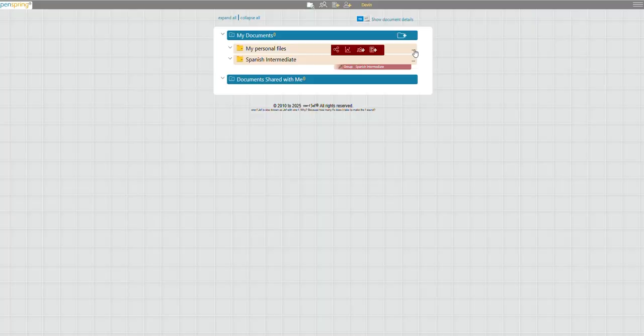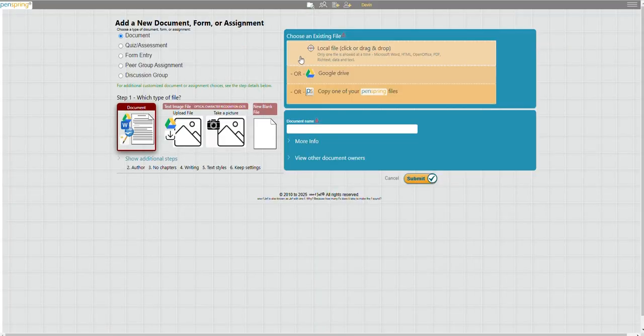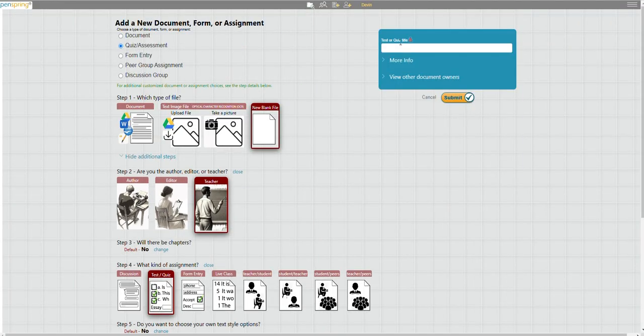This is to demonstrate in Penspring how to do a quiz, and this particularly it's going to be a Spanish translation quiz. So we put in a name. All those other settings down below are just a shortcut as we chose quiz